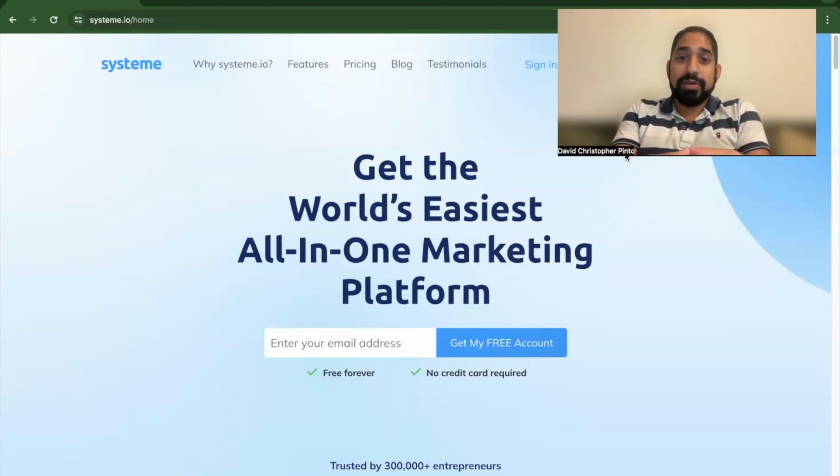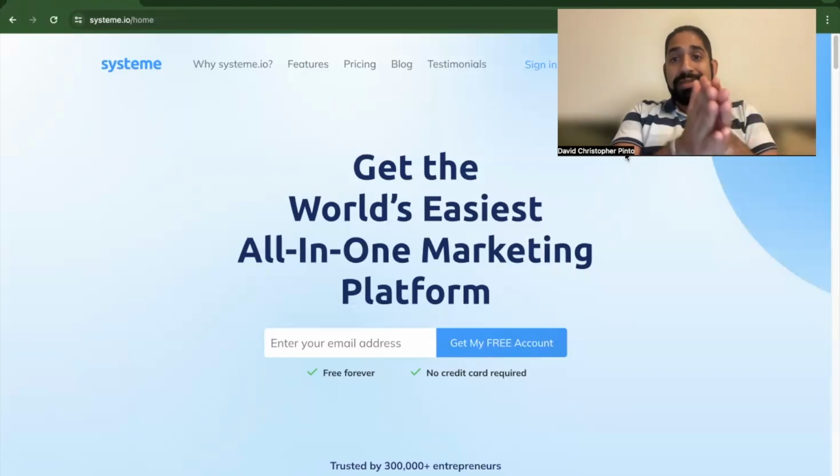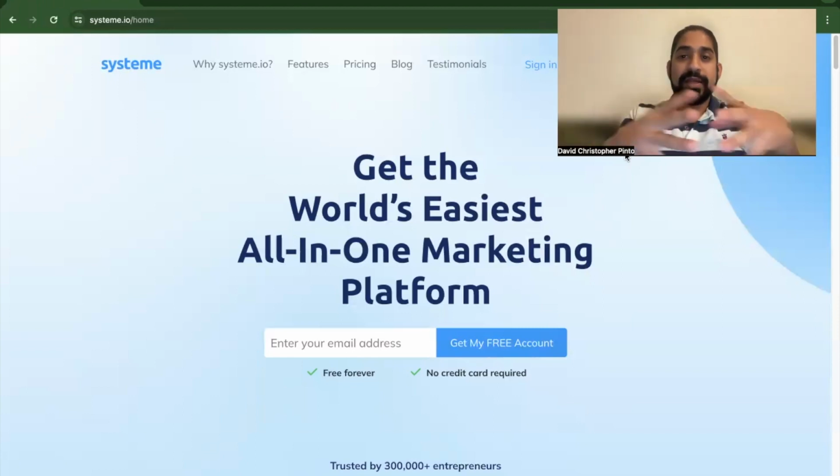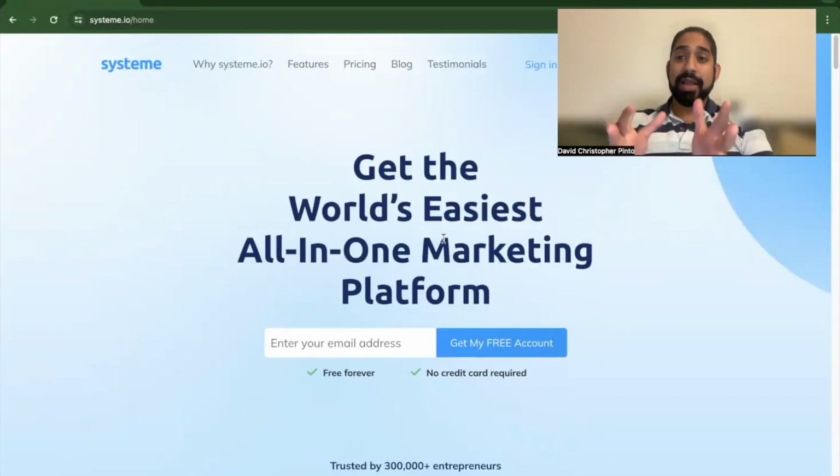You can actually do this and start to get much more income coming in, and it can be even a passive stream of income if you work once using system.io. And the beauty of it is that you can get this in place absolutely for free. So I'm going to be naming three main reasons for using system.io to build a course. Okay, so these are the three main reasons, three main features that I personally like.